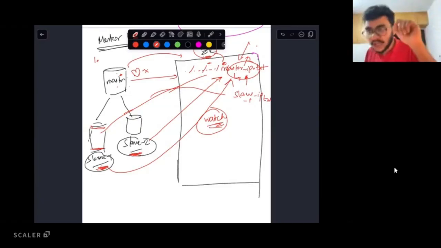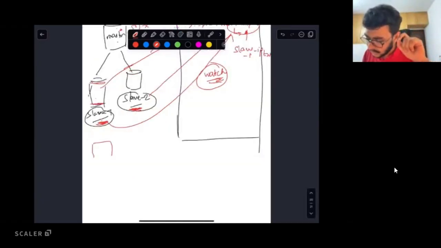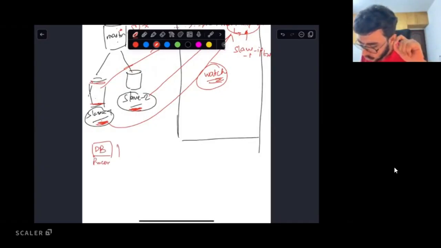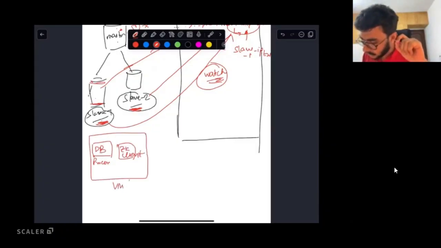As soon as the Zookeeper client gets an event that the master file has been deleted, the Zookeeper client tells the database process. How is it telling? There is going to be a database process, the DB process, and a Zookeeper client running on the same virtual machine or server, whatever you want to call it. The Zookeeper client will see that a delete event has been received about the master IP file.